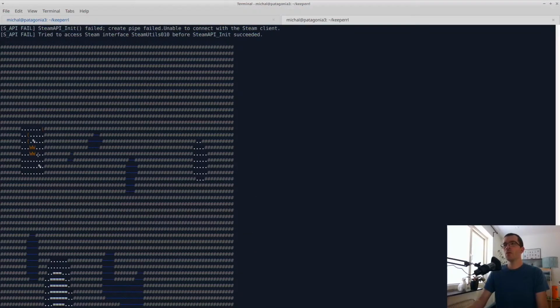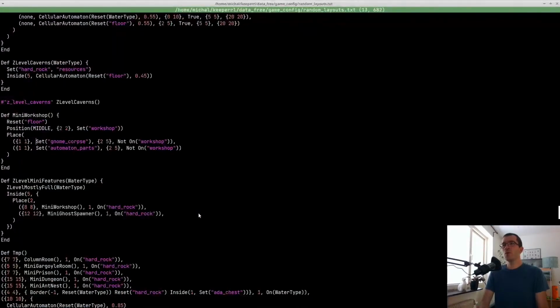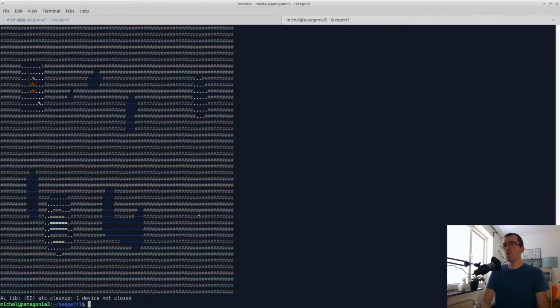Okay, so this is our workshop. Some gnome skeletons, automaton parts, and I think that maybe now I could try to see how it looks in the game. So this is just testing the level generation part, but I also need to test